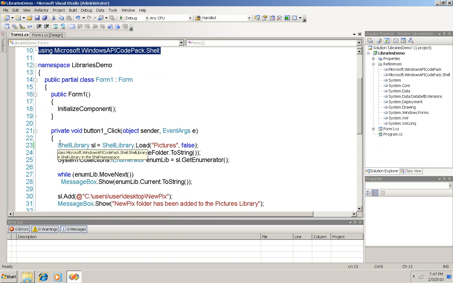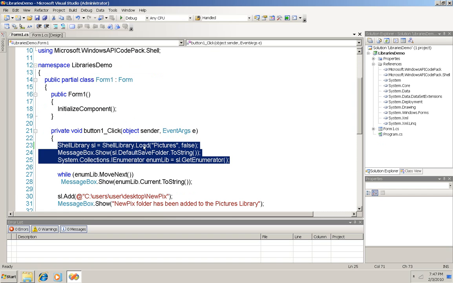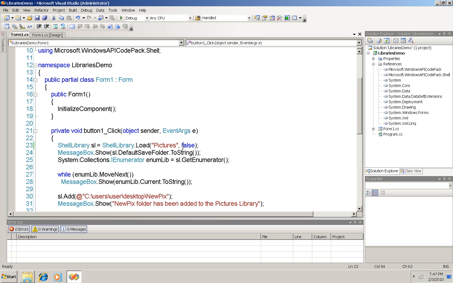Now when I click the button down here, you can see that I load a shell library, in this case the Pictures library, into an object variable of type ShellLibrary. Now the Boolean here at the end is required, and false means that that library is going to be writable. A true here would make it read-only. I would be loading it into that object, but it would be read-only. And then I'm just printing out what the default save folder is, just to show that you can get that